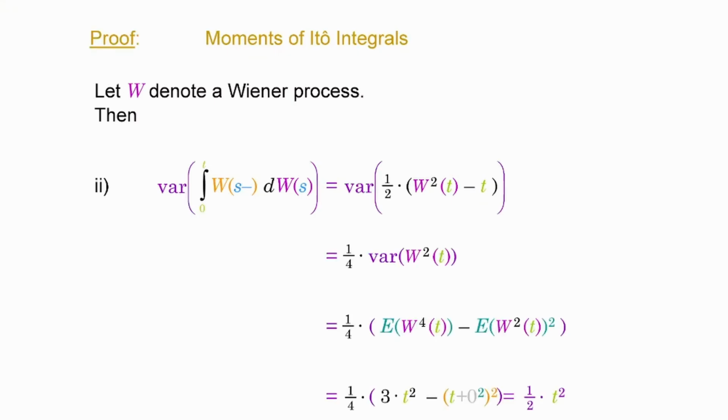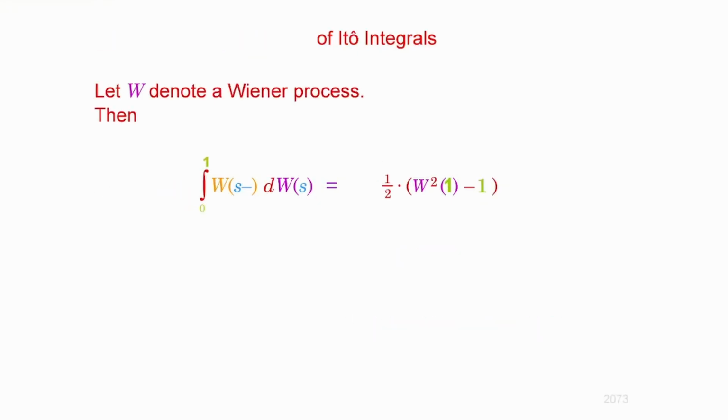So then what's next? These things are equal. Finally, we are going to look at the distribution of the Ito integral. Regarding its distribution, you don't have normality anymore, because the square of a normal variable is not going to be normal again. Here I am looking at the integral where the upper endpoint is equal to 1 without loss of generality. I forgot to stress this. There is no loss of generality if you restrict your view to that.